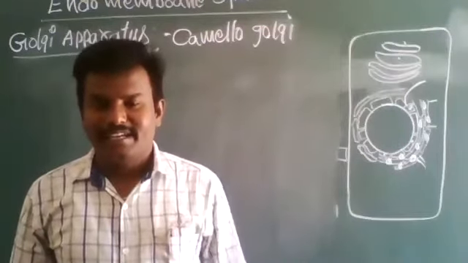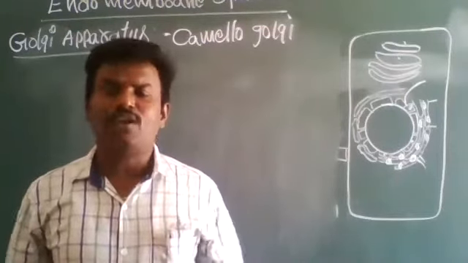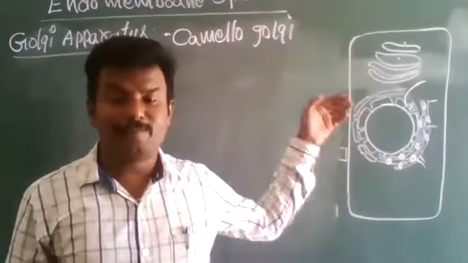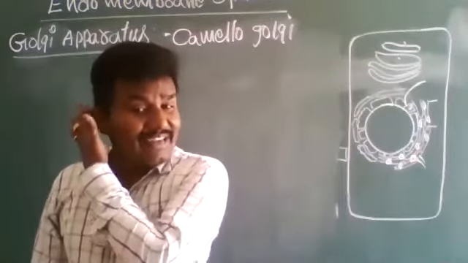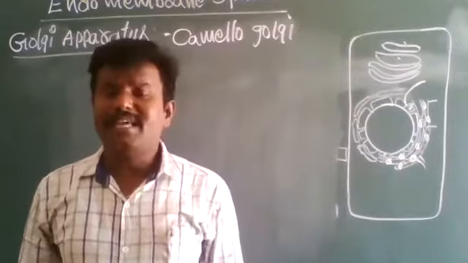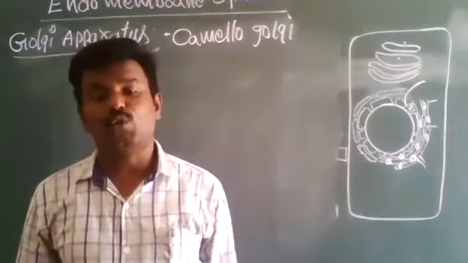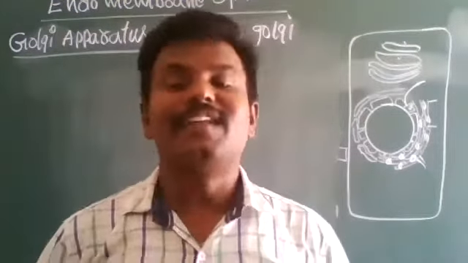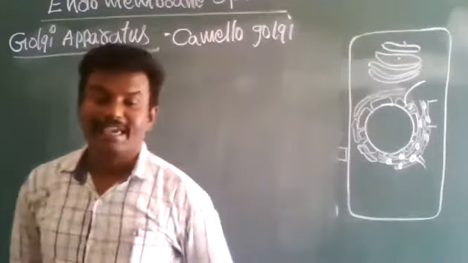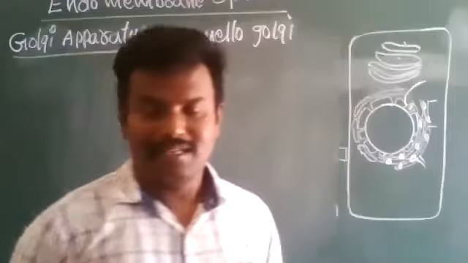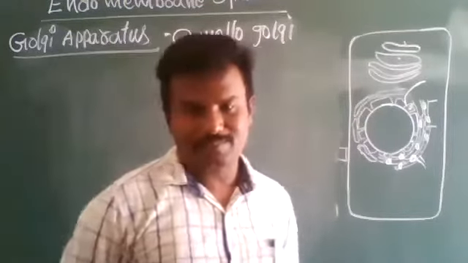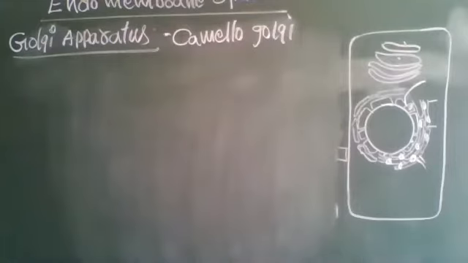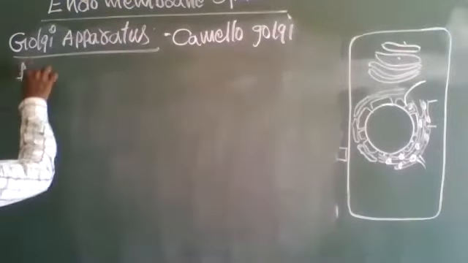Before that, no one knew that the Golgi complex is present in the eukaryotic cell. Since he introduced it, this apparatus has been called Golgi complex or Golgi body after the scientist who discovered it, Camillo Golgi, in the eukaryotic cell cytoplasm. Okay, that's all. Next, they consist of flat,